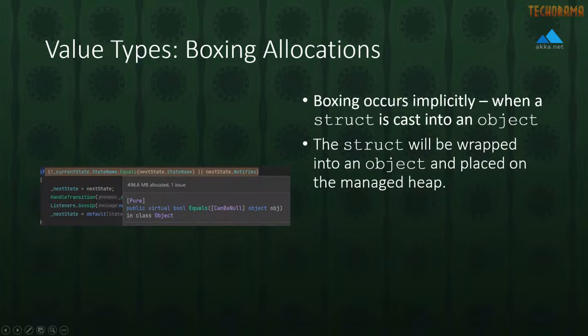The thing that got us in trouble here is we have these two different state name types. These are typically implemented as enums in Akka.NET, and they're doing an equals check here: is my current state the same as my next state? As long as these two are the same, we're not going to do any of our transition work. That's what we're testing for here. But get a load of the method signature. This Equals method is going to cast my value type back into an object, and that's going to create